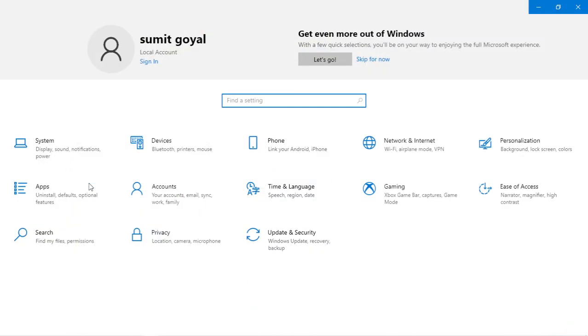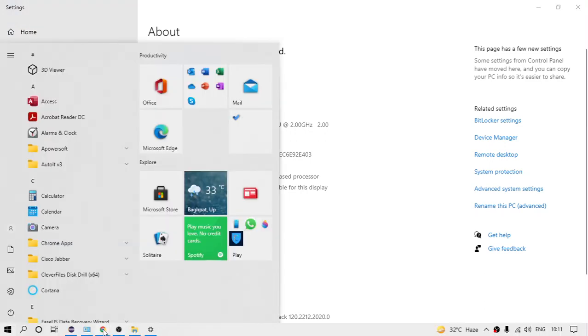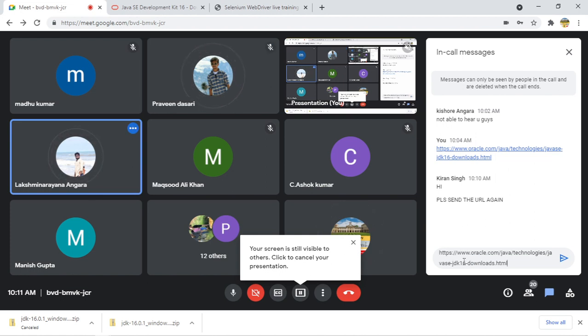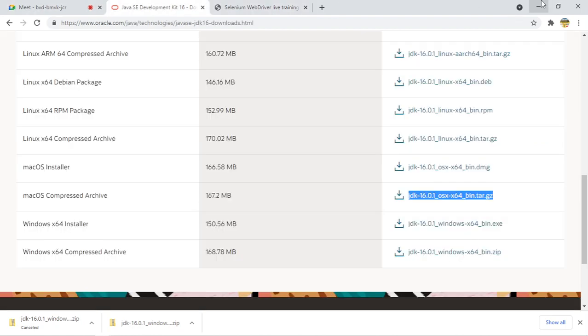Your screen is not visible. Is it for everyone? Yes, sir, not visible. Okay, I think someone has shared and I need to share it again. Let me share. It is visible for me, I'm able to see your screen. Now is it visible or not?